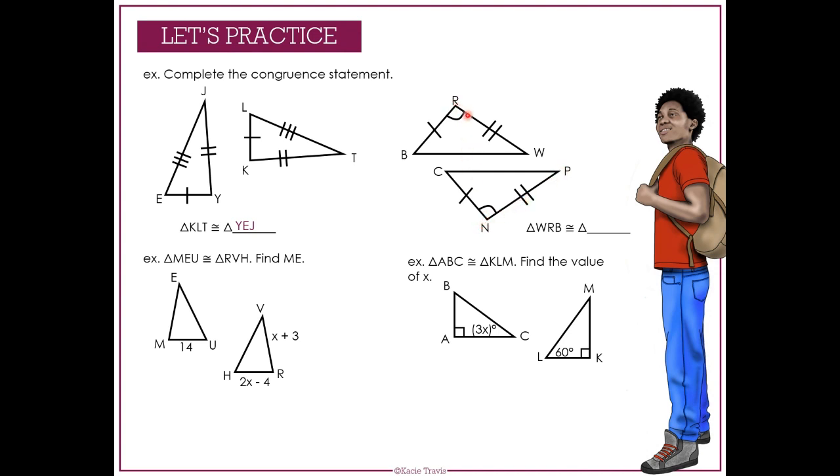Now, when we came up to R on our other triangle, we had 1 marking on that angle. So if I come from P to N, I have that same marking happening over here on N. Then on the other triangle, I went from R down to B, and I saw that there was 1 mark on that side. So as I come from N down to C, I see that same mark, showing that that and that correspond, just like how this and this correspond, just like how that and that correspond. So if my name for the first one was WRB, the other one is going to be PNC, just like the bank. So you just go through and look at the markings,